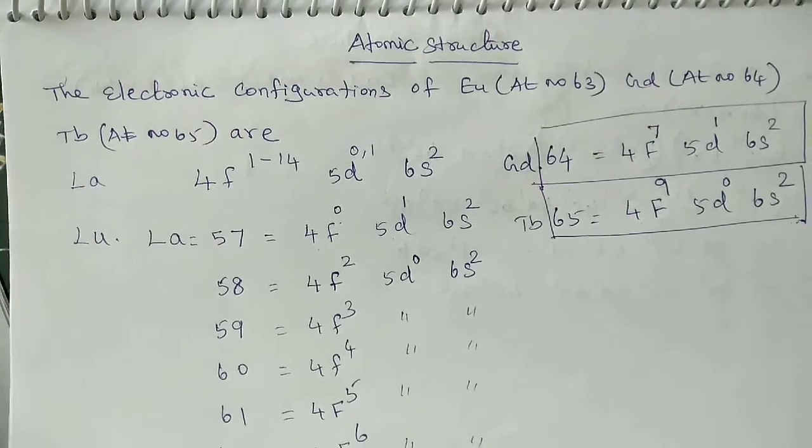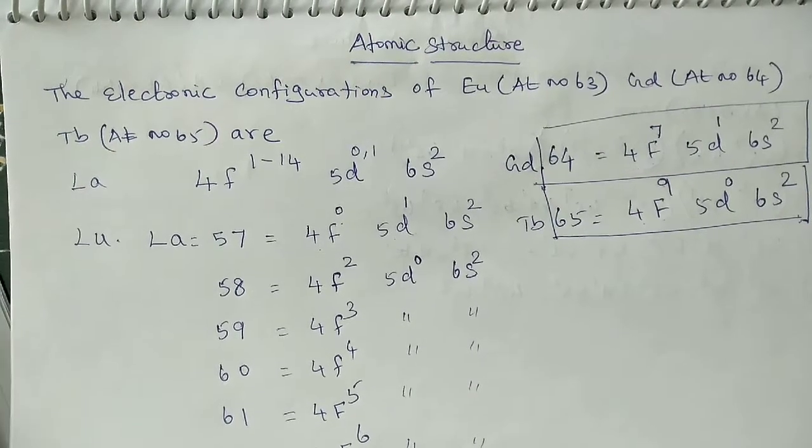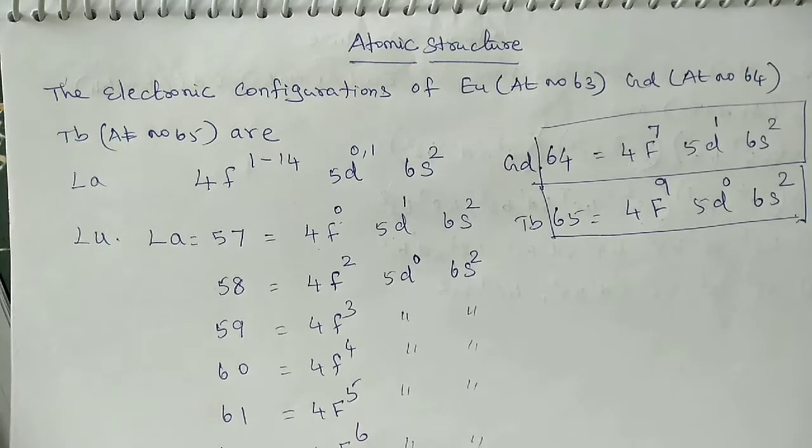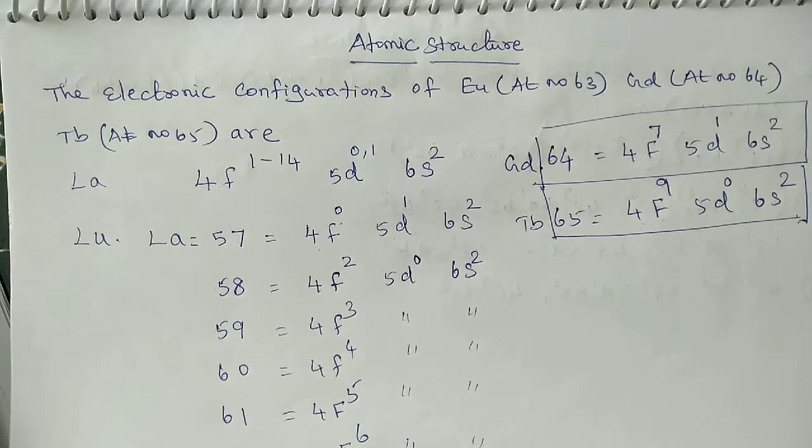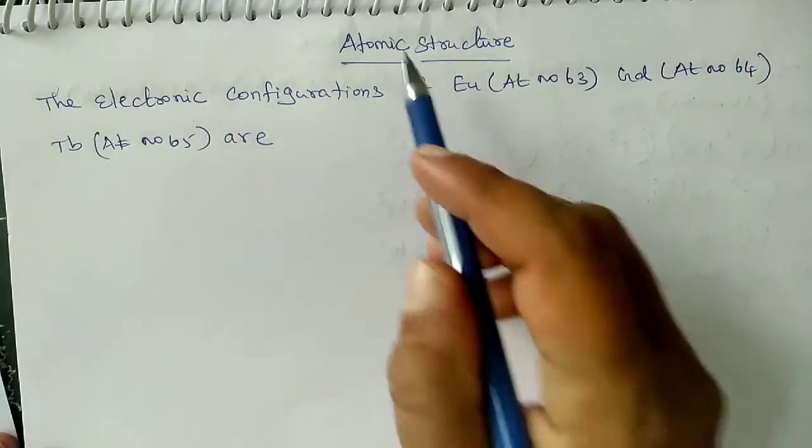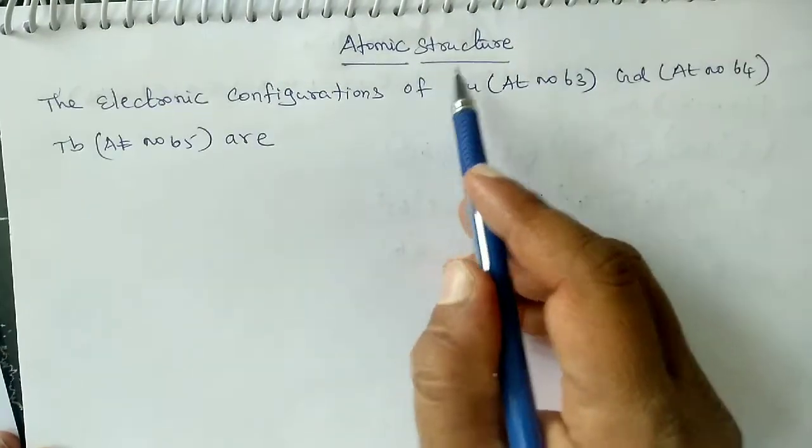Now we are going to see the topic wise analysis of NEET question paper from 2016 to 2020. 2016 is the first batch of NEET question paper. This topic wise analysis gives the clarity of the previous year question paper and is very useful to study for upcoming exams. The first topic today, the topic we are analyzing, is atomic structure.